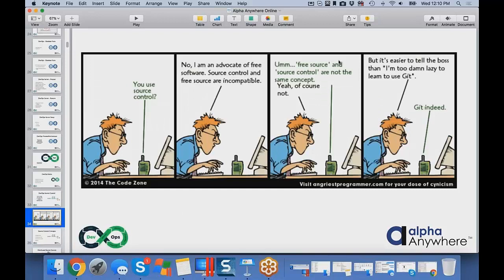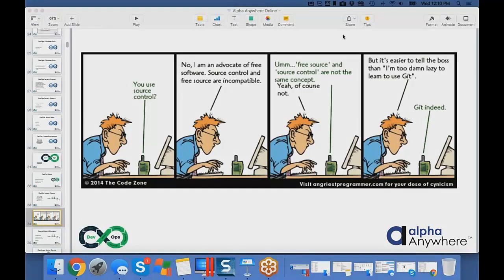So I'm going to put this little cartoon here, I love this little cartoon, but the idea behind it is that source control at a certain amount of time can seem fairly overwhelming, especially when you go online, you see a whole bunch of command line stuff, etc. But the idea is it's not that bad. And in fact, I'm going to talk about some of the nice tools that you can use to make your life easier and make it much easier to start using source control and be able to handle it.